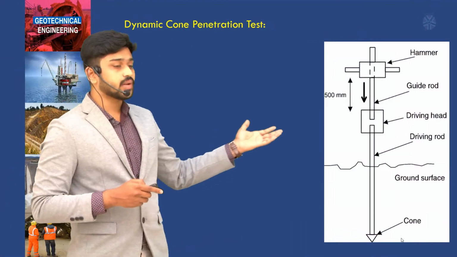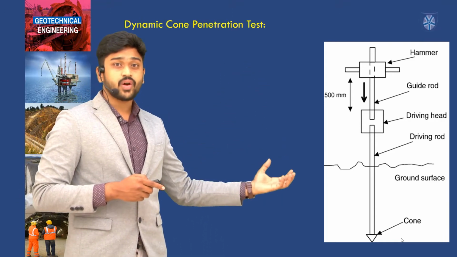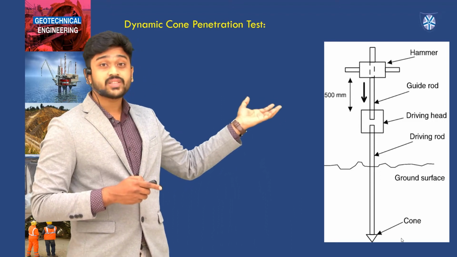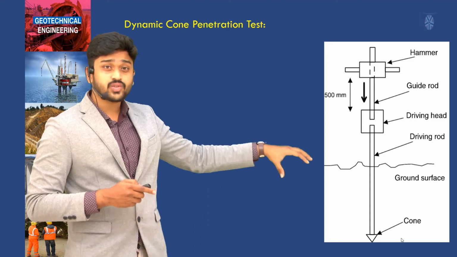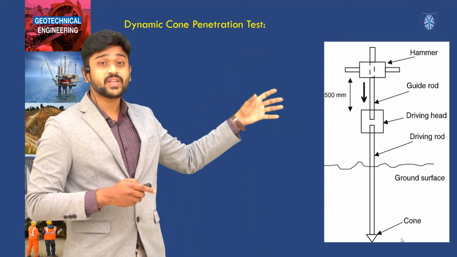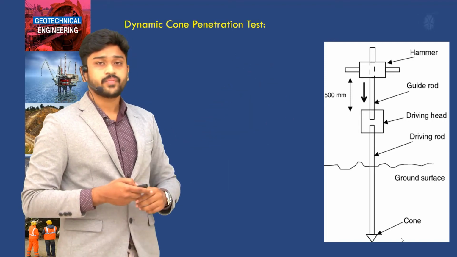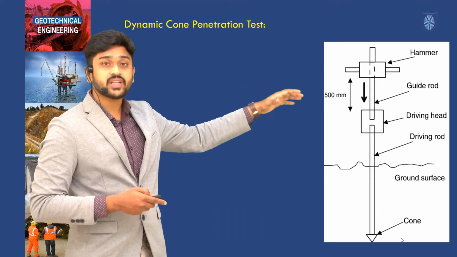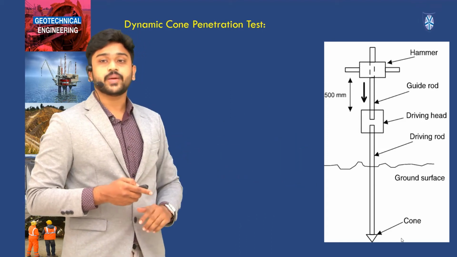Now let us try to understand the dynamic cone penetration test. If you look at the diagram, this also has a similar sort of arrangement where the entire cone along with this arrangement is driven down. In the static case we are just driving this through some thrust force, but in this case we are given some driving force. That means some external load is given, say the impact load of the hammer that is present, so that ultimately this will penetrate to a certain depth.